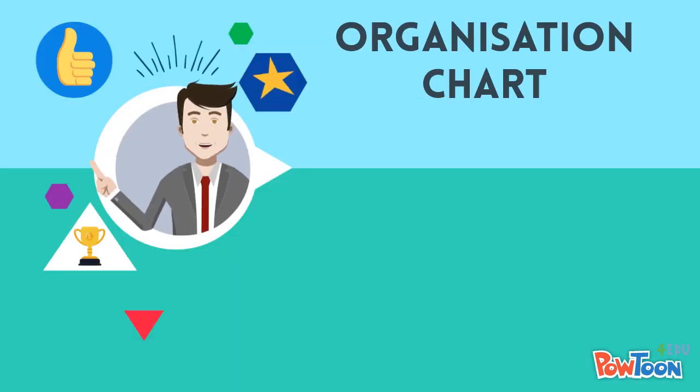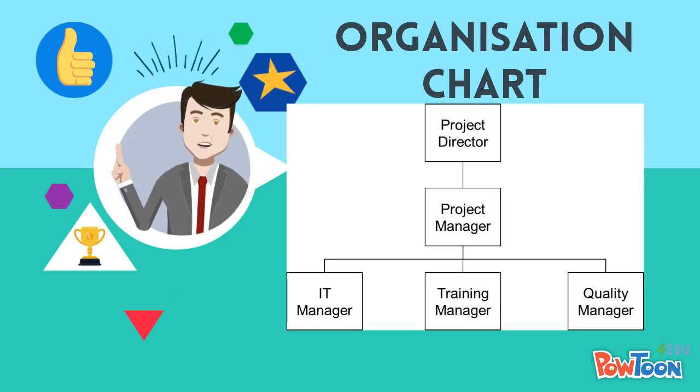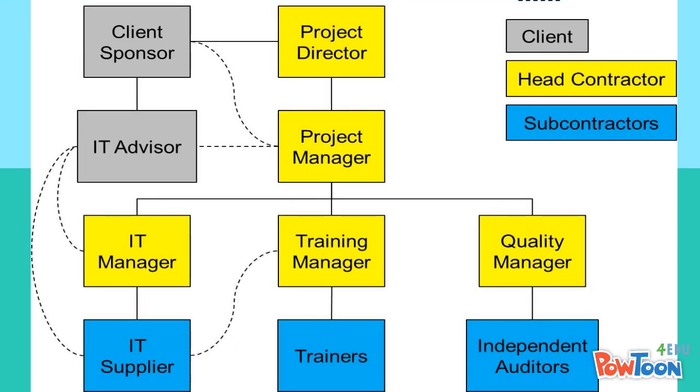Once you've identified the skills, you need to work out the reporting relationships. These are represented on an organizational chart. For a small project with a few technical or specialist skills, the organizational chart is simple. This one shows the project manager and some support members in the project team. This organizational chart shows more team members. Notice the lines between the different team members. Some are solid and some are dotted. The solid lines represent lines of authority, whereas the dotted lines represent lines of informal communication.